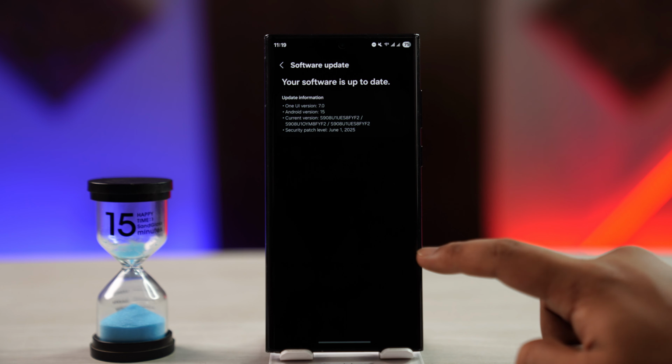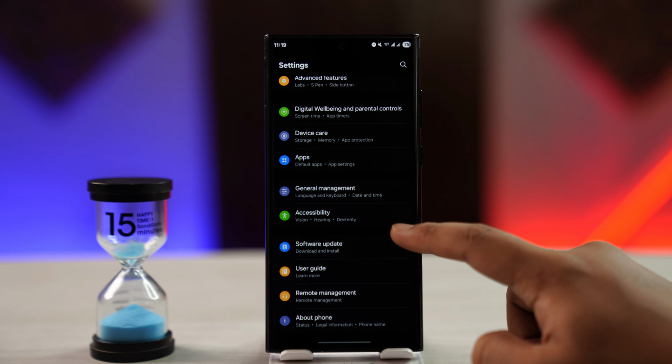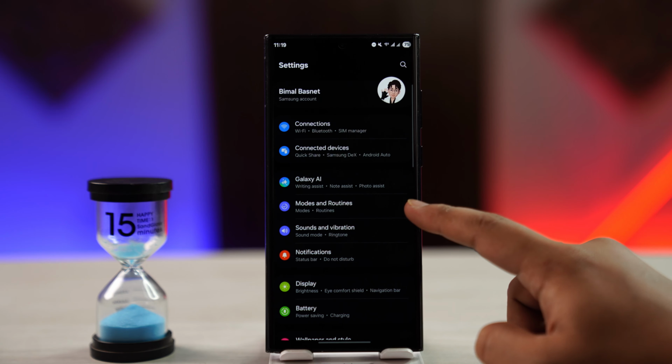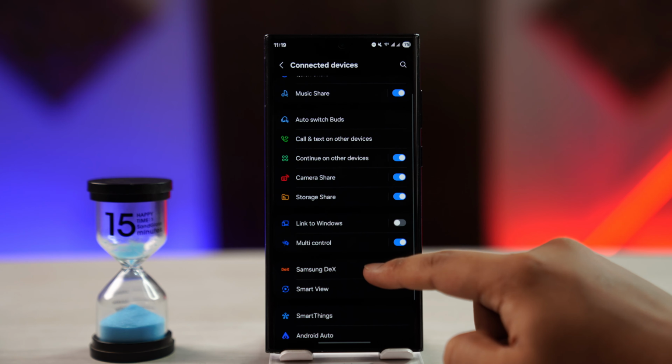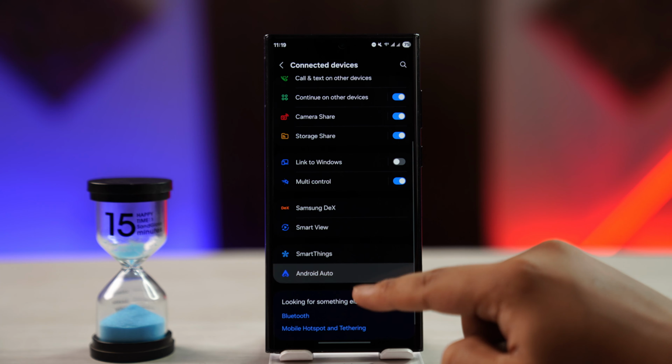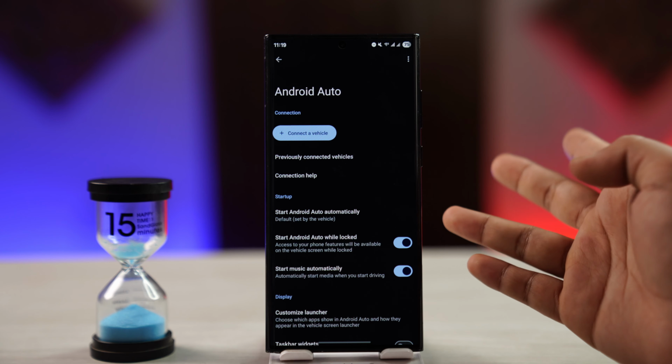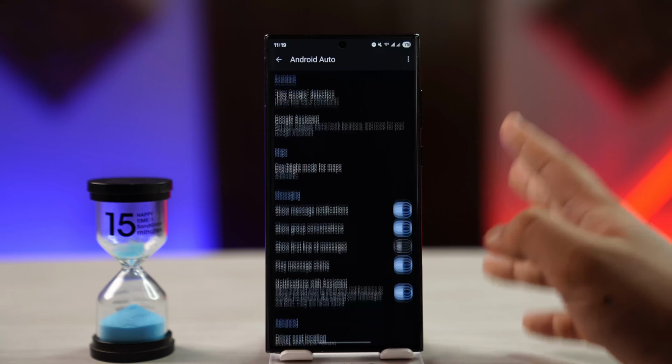Now make sure that your Android Auto settings are also properly enabled. So if you open up settings, you'll find various different options under connected devices on a Samsung device. I can now go to the option called Android Auto. For Android Auto to work, I need to also have my Bluetooth, location, and other stuff enabled, so make sure